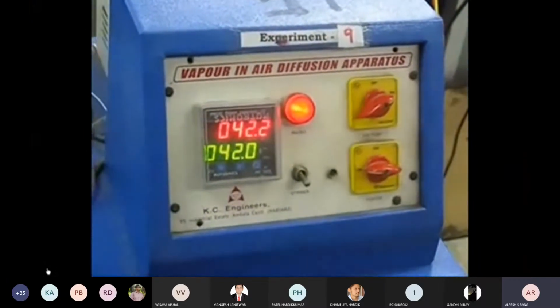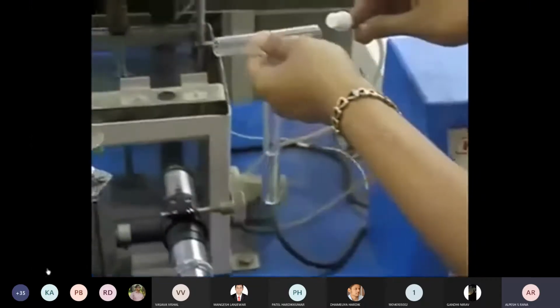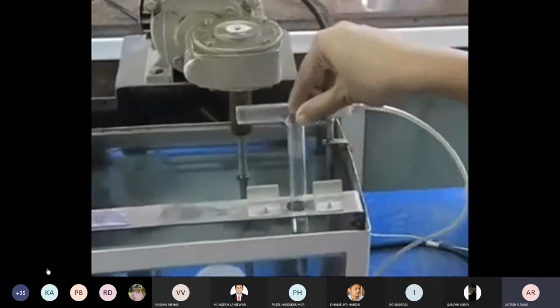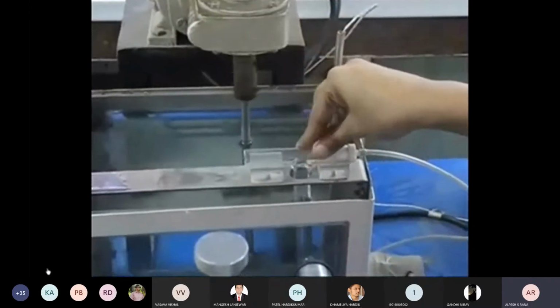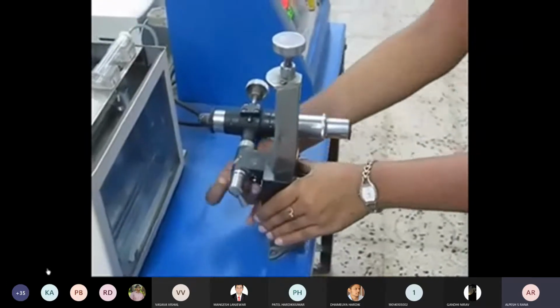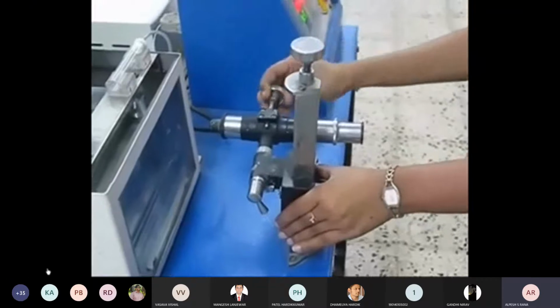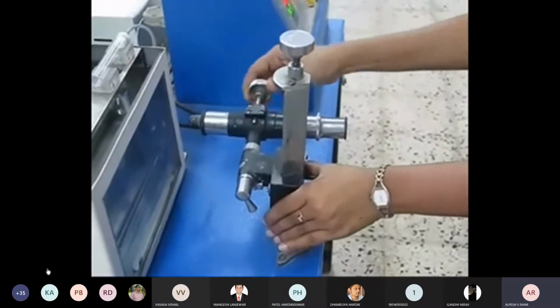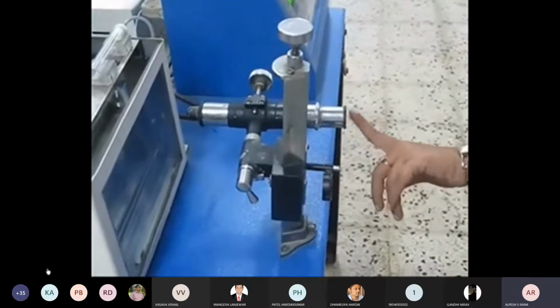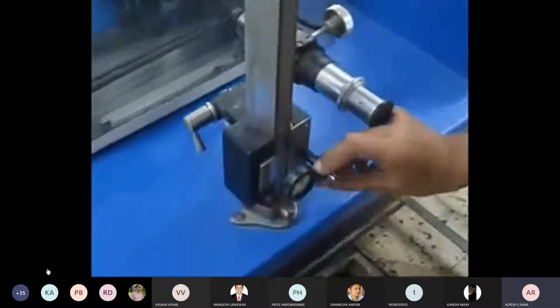we switch on the air pump and put the air pump inlet into the test tube. This is the test tube. We insert the test tube into the water bath. Slowly, diffusion takes place. With the help of the microscope, we can measure the height. After an interval of every 30 minutes, we measure the height and we see that the height gradually decreases as diffusion takes place. This is the scale of the microscope.